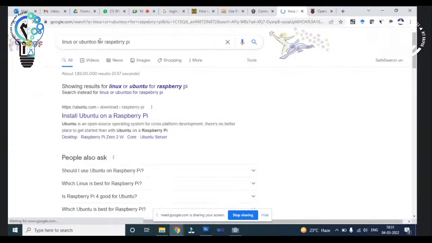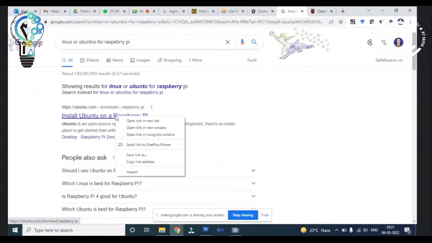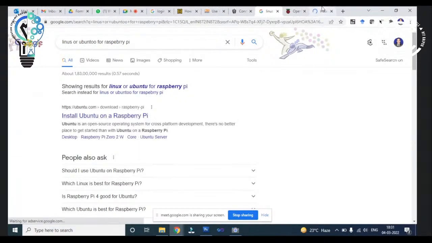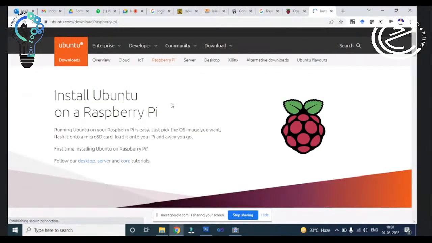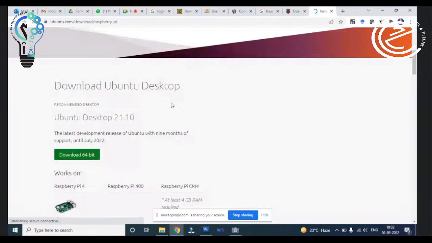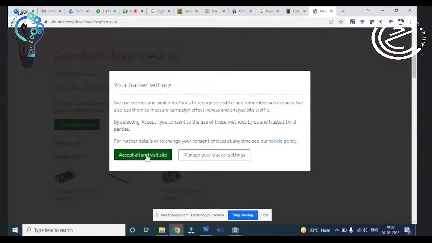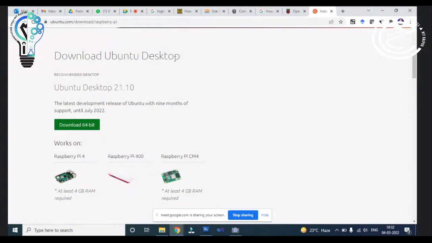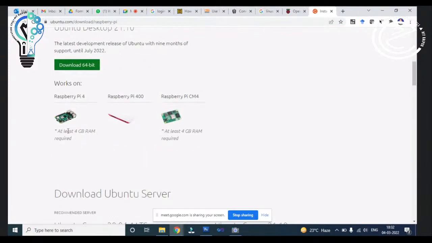for Raspberry Pi. So it will show the official website of Ubuntu where you can install Ubuntu on the Raspberry Pi board, right? So you can see download Ubuntu desktop 21.10, and it will work on Raspberry Pi, Raspberry Pi 400 and Raspberry Pi CM4. These are the supported boards for this